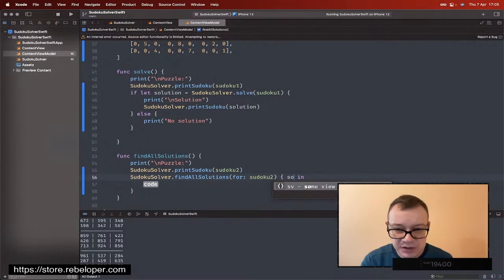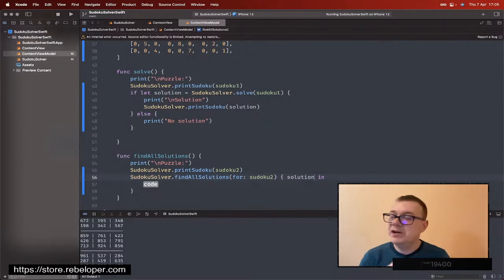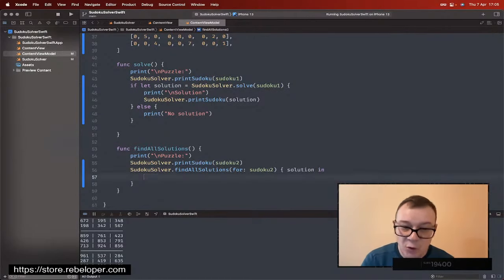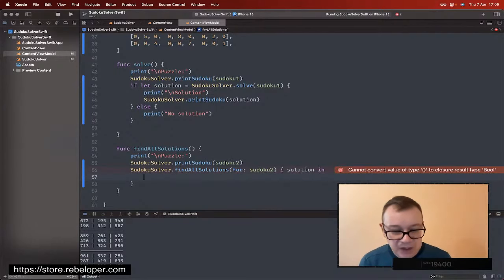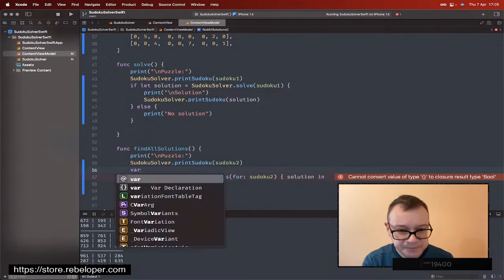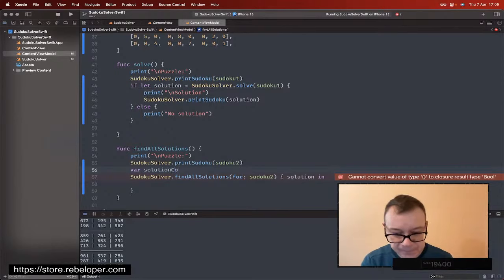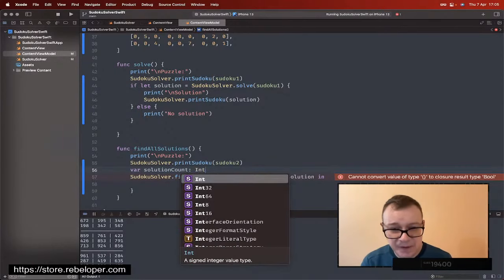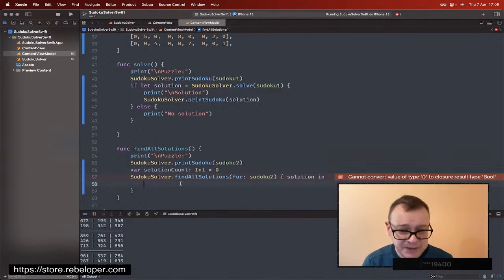We have a solution, and we're just going to print it out, all of that stuff. And then we're going to move on to the next one. And then, of course, it's just going to do the same thing all over again till we are going to run out of the solutions. So let's just go and create maybe a solution count so we can just print it out also. So solution count of type Int equals 0. So let's just bump it up. Plus equals 1, and then